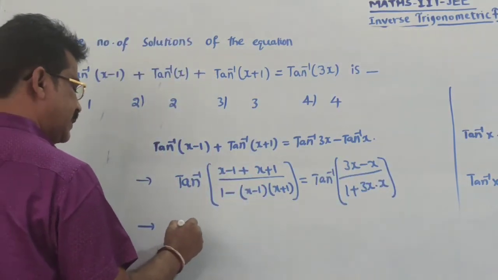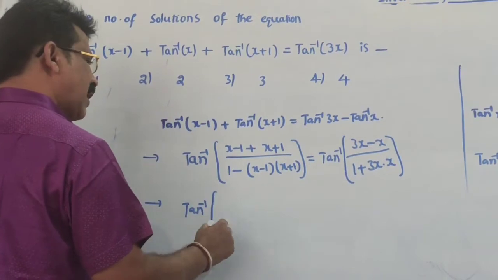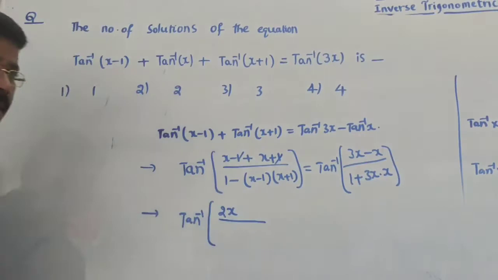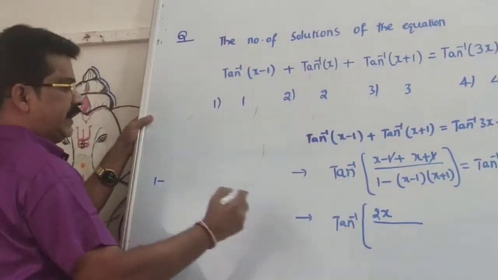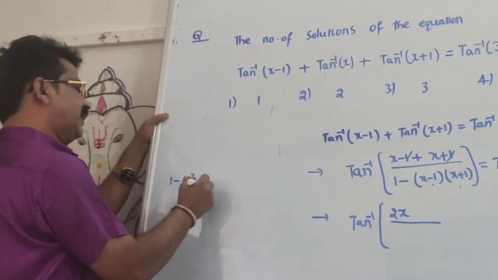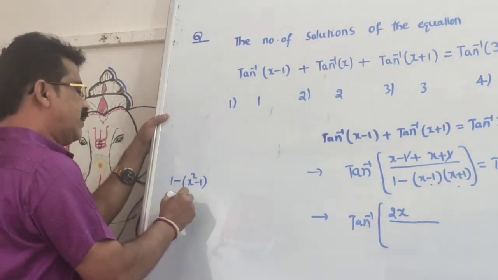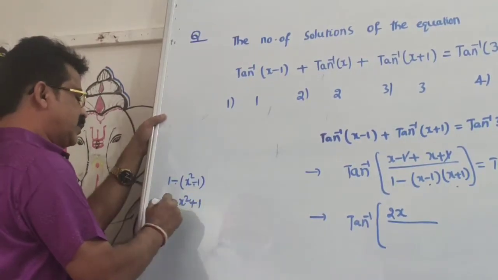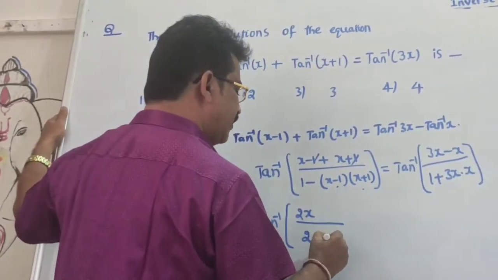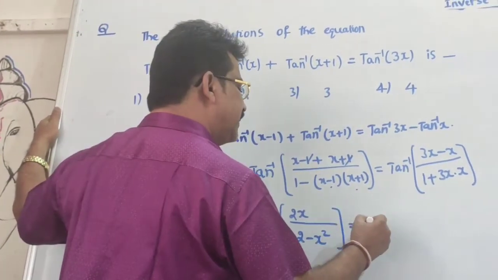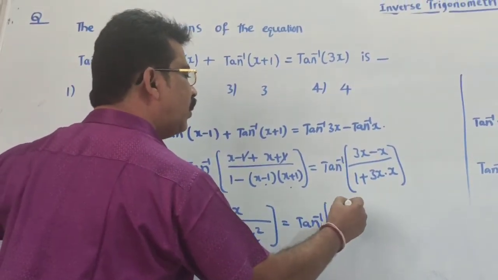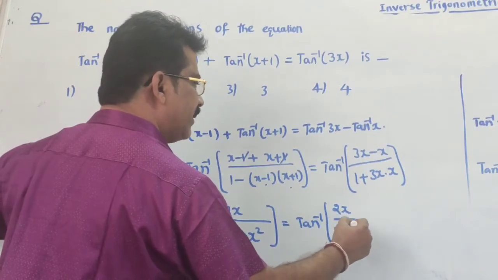So that implies tan inverse of, minus 1 plus 1 cancels, it remains 2x divided by 1 minus, it is in the form of a minus b into a plus b. So it is x square minus 1 square. So it is 1 minus x square minus into minus plus 1. So 1 plus 1, 2 minus x square. It is 2 minus x square, that is equal to tan inverse of 3x minus x, 2x by 1 plus